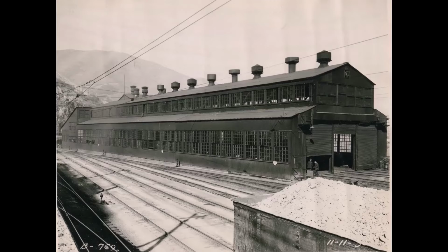My friend Larry Sax actually saved these from being discarded back in the 80s when the company was changing owners, and he was just throwing everything away, all this information, all these pictures, and he got a lot of it. He saved it. I helped him scan all this stuff, and so we thought it was so important that we got a hold of Don Strack, and he put a lot of these pictures on his website, utahrails.net, and I'll put a link to that down in the descriptions where you can find those pictures. There's 743 of his pictures in there. Anyway, this is the shop at Bingham Canyon,